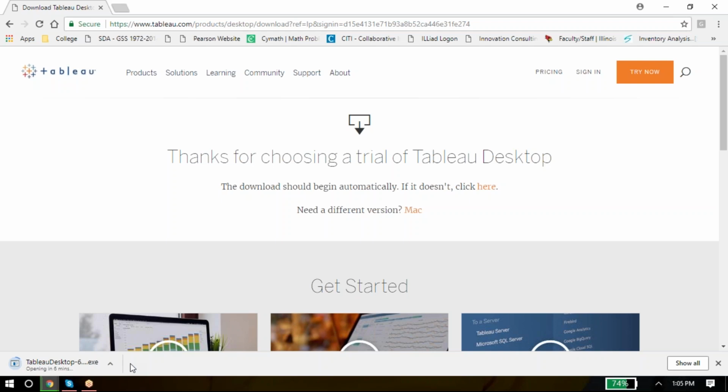When you say register for trial version, it will work for 14 days. After that, you have to download it again. There is also a student version. If you have a student ID, by any means, like from friends or anyone, you will get the full version for 1 year. That will be called the student version. I have the student ID. You have a student ID? Okay, that's great. Then you will get the full version.